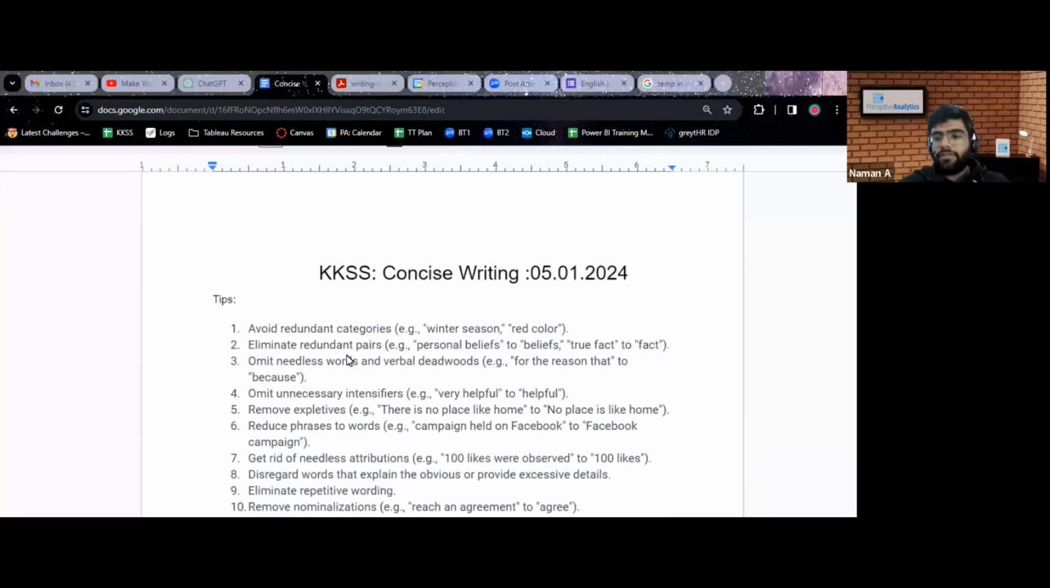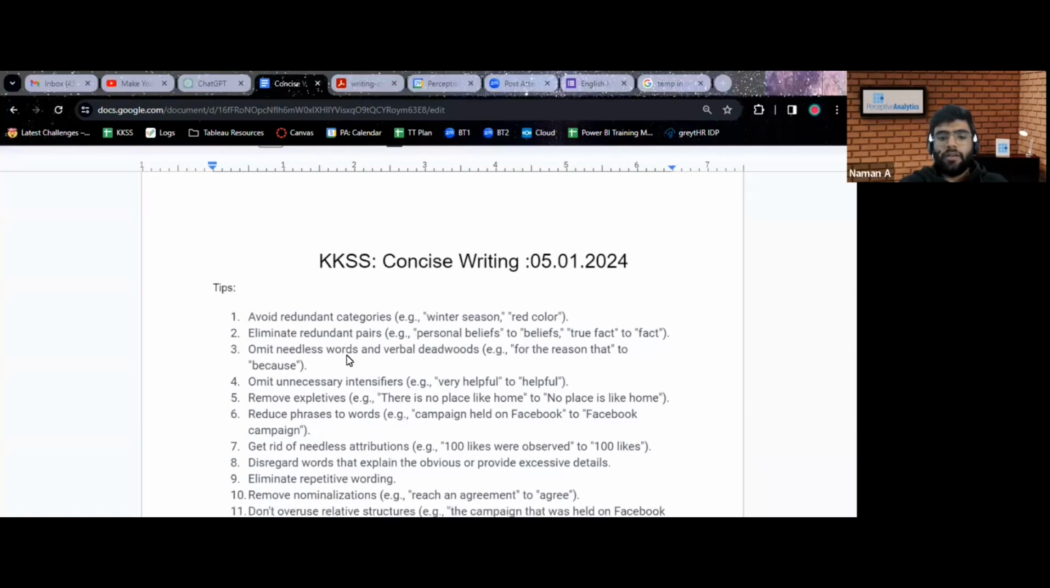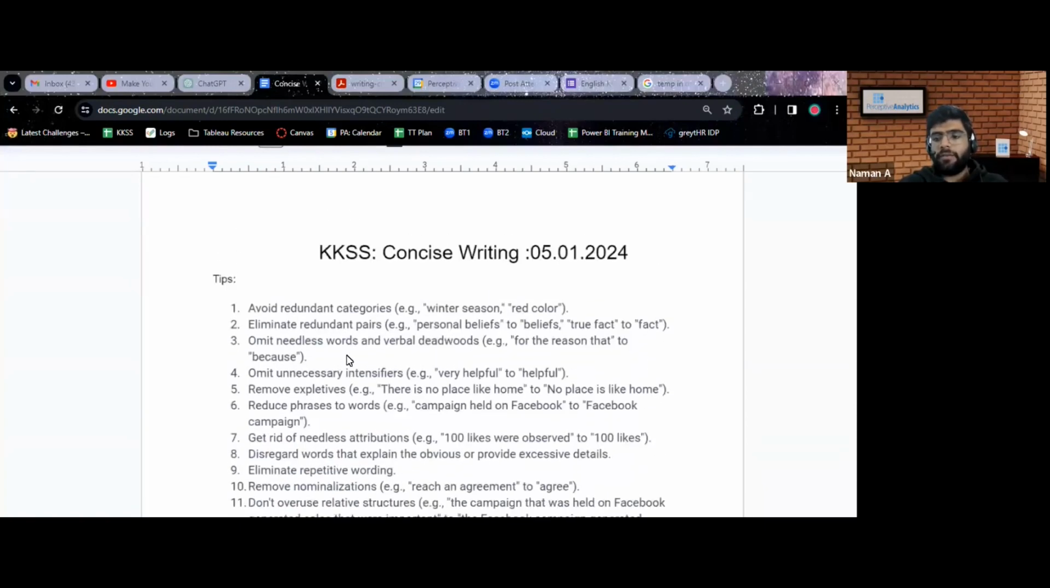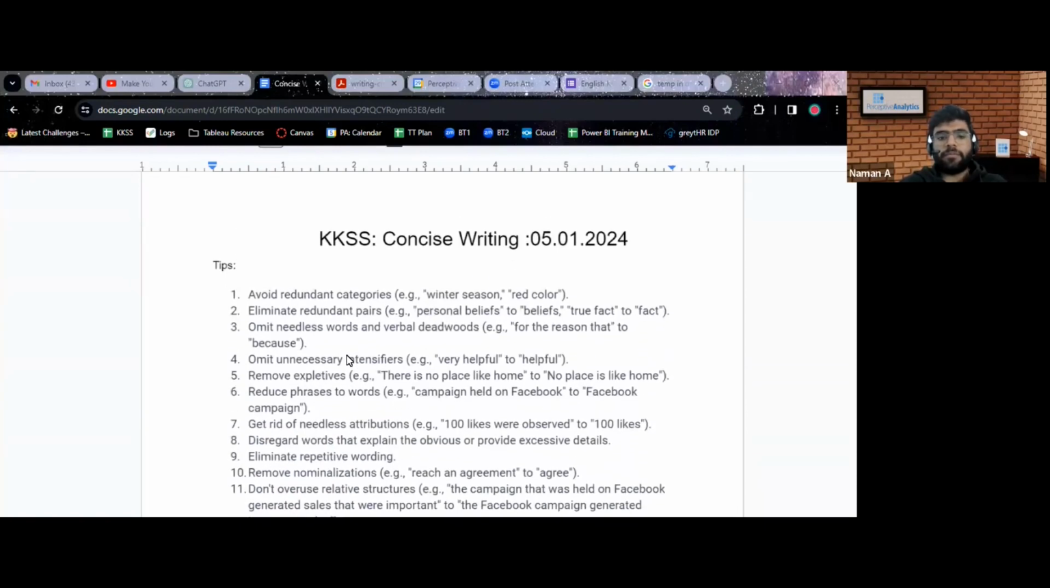So, just to go over the tips that we had in the last session, I have listed them down here with some examples. Let's just go through them once. The first tip was to avoid redundant categories, which basically means that when we are using terms like